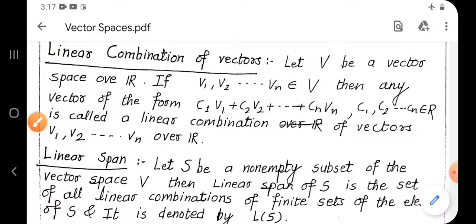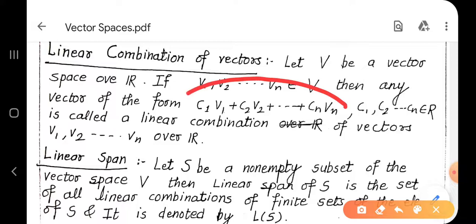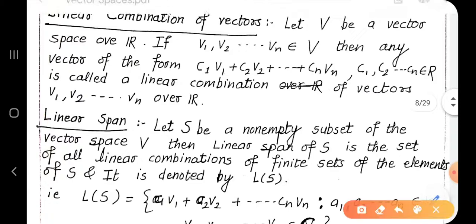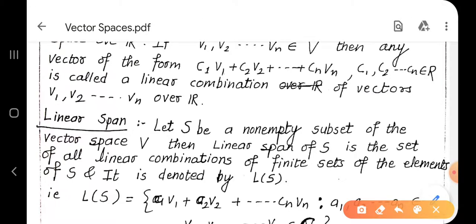So that concept we will continue in our next part, basis and dimension. So here just try to understand the concept of linear combinations. So I can express any vector in terms of a linear combination of other vectors, if possible. We will write it if we get the scalars. Understood?